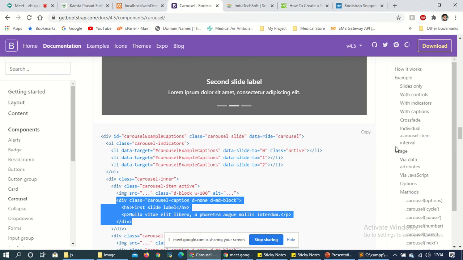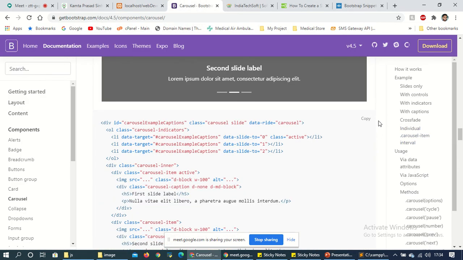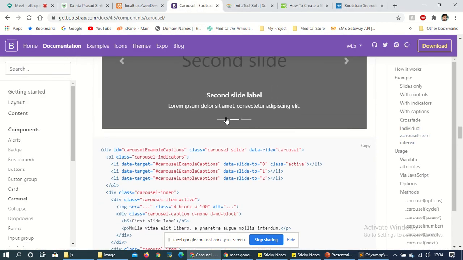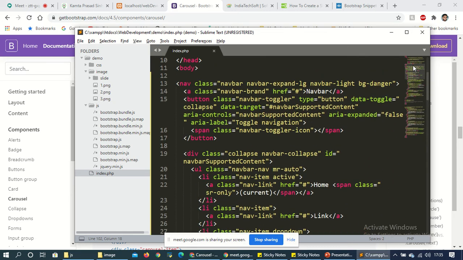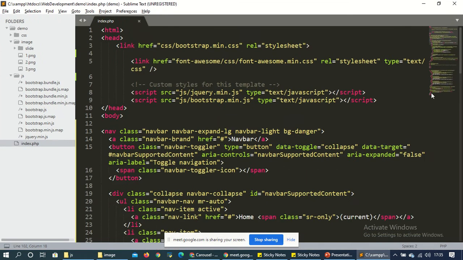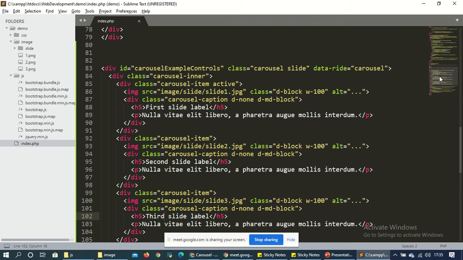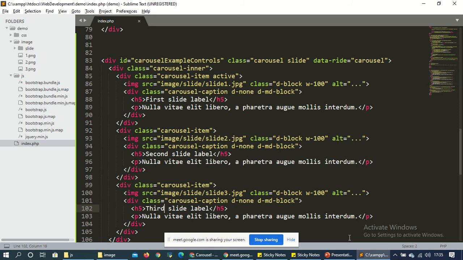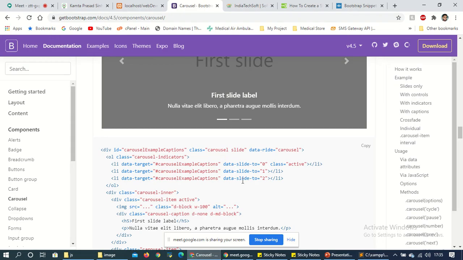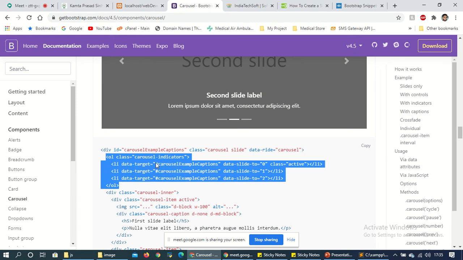Now, there are various types of sliders given here. Like this one you want, this one. So for this, what we have to do? Come down. Okay, so now for this line, we'll use this one, OL indicator.